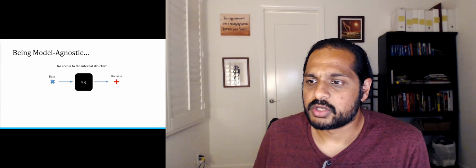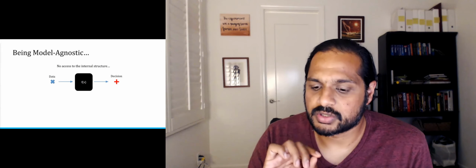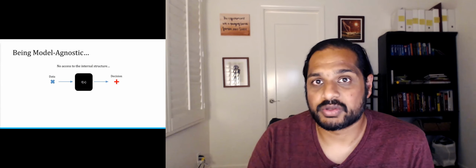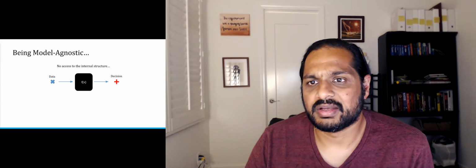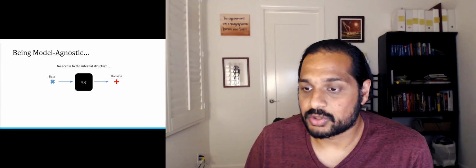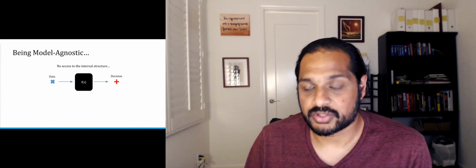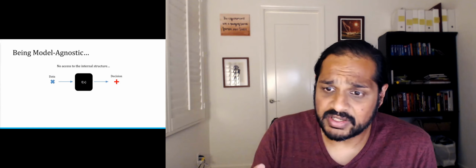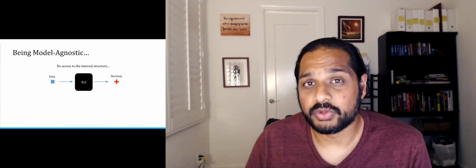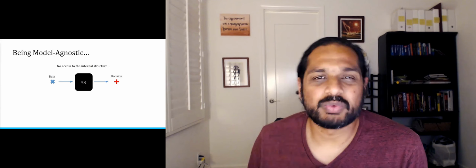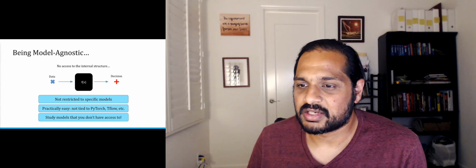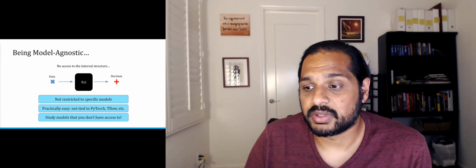Before I go into too much detail there, I want to make sure the methods we'll be talking about in this section will all be model agnostic methods, or in other words, black box methods. The idea here is that you're not going to have any access to the internal structure of the model. So given a data point, you can send it to the model and the model sends you back a decision, and that's all you know about that model. So why would we want to do this? Why would we want to constrain ourselves so much when we're creating these explanations? Turns out there are some really nice advantages to doing that.